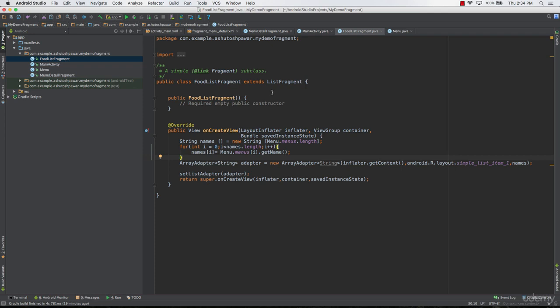Hence it's important that the two fragments should be able to communicate with each other. That is basically, we mean that two objects should be able to communicate with each other. So we basically want the list fragment to be able to communicate with the detailed fragment. So this is basically the communication between two objects, and for two objects to communicate in Java, we do that